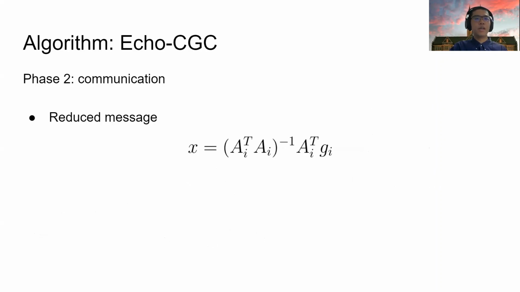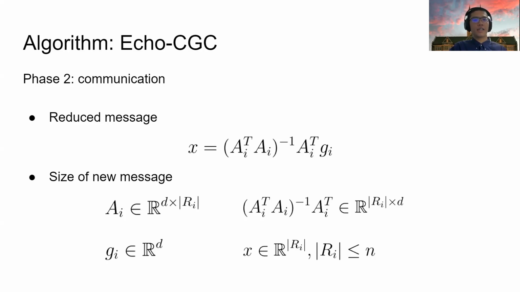As a brief conclusion, if worker i satisfies the echo condition, then it can send the reduced message X, which is the least squares solution on the previous page. Intuitively, the worker returns an approximate gradient in the form of the linear combination of the gradients stored in R, and X is the vector of the coefficients of the linear combination. Our reliable single-hop network ensures that the server and the workers have the same stored gradients. Therefore, the server is able to recover the approximate gradient using only the coefficients.